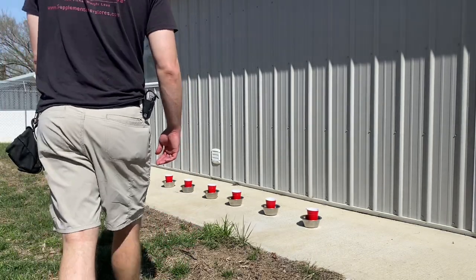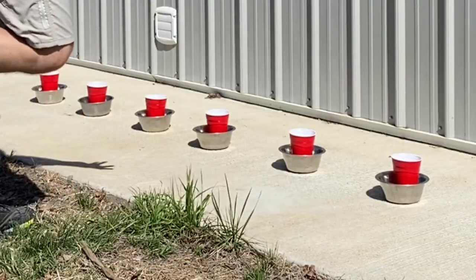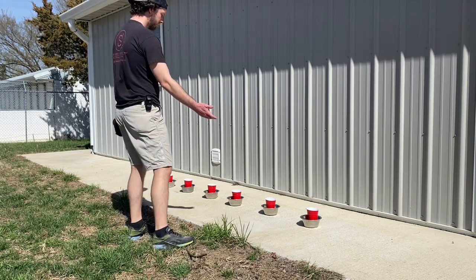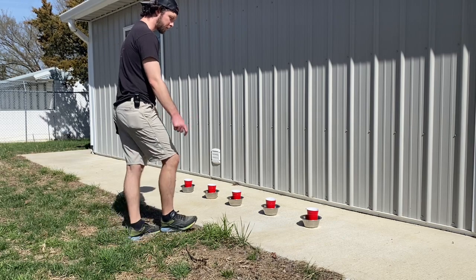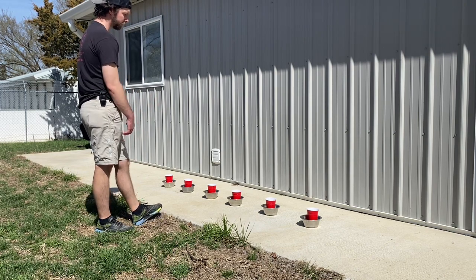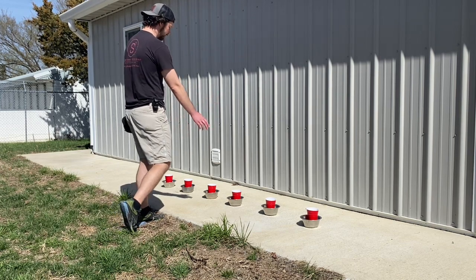What we've got going on is I've got 6 scent boxes, and they're my makeshift scent boxes. What I'm going to do is have Nova search them to find this one piece of Kong. The Kong is her target odor, her training odor right now. I've done a lot of training up until this point for her to understand what to do and to indicate, and work down from having every single scent box having a piece of Kong in it, and now we're